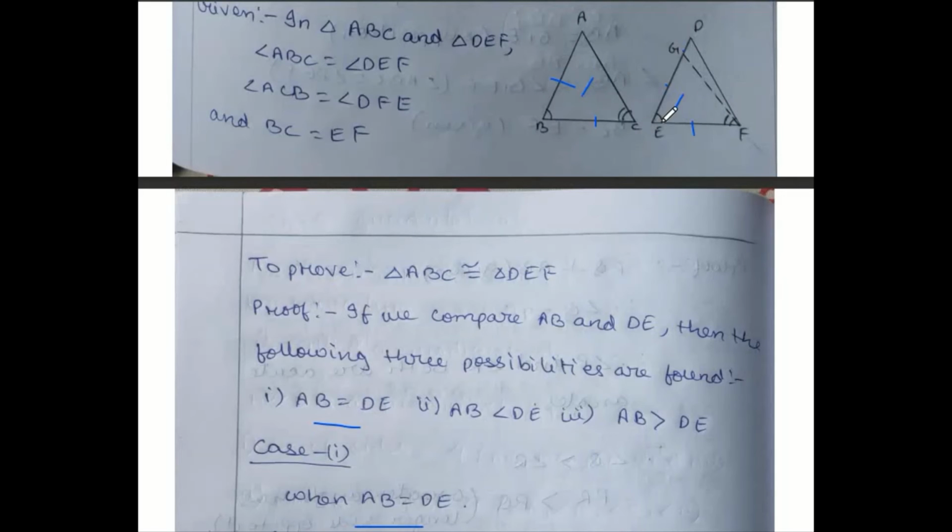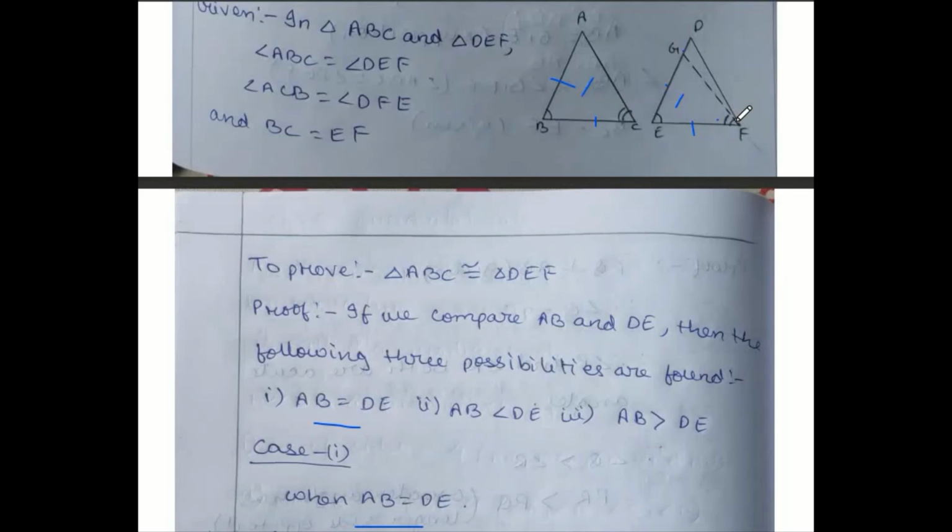That means angle ABC and GEF are also equal, because it is already given that ABC and DEF are the same, and DEF and GEF mean the same angle. So the second condition I have taken is angle ABC equals angle GEF. Third, BC is equal to EF. Then both the small triangles are congruent by side angle side congruency. If both the triangles are congruent, then angle ACB and angle GFE are the same. But in the question we already have ACB equal to DFE. So if ACB is equal to GFE and ACB equals DFE also, then this full angle and this small angle both have to be equal.